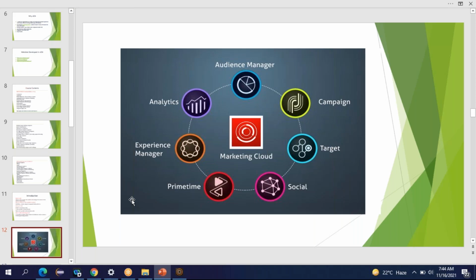For example, you want to display some ads. In Adobe Marketing Cloud, we have a tool called Adobe Campaign. You can use that campaign tool to show the ads on your screen. If you want to implement the personalization concept, in Adobe Marketing Cloud there is a tool called Adobe Analytics, and another called Adobe Target. If you integrate Adobe Target and Adobe Analytics with AEM, you can easily implement the personalization concept.